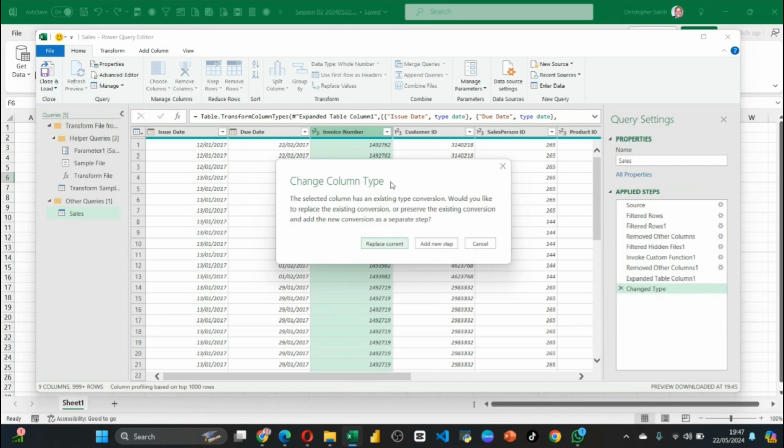Now, here they're asking me, you want to change this column type. Do you want all the changes to be part of this change type step they created for you? There is a yes or no. When you say replace current, it means that all the changes I'm going to do by changing type will be counted under here. Then it means that I can't undo the bigger steps that have been done. So in most cases you can take that, or you can say, let me create a new step for what I'm doing manually. But remember,